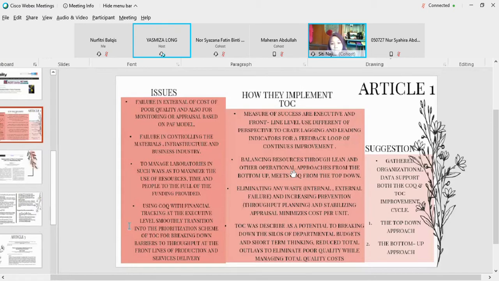I will explain a little bit about the top-down approach, in which they use COQ to prioritize improvement opportunities based on revenue and expenses analysis. For the bottom-up approach, they begin with CAPA at the daily management level, often addressing internal failures, audit findings,